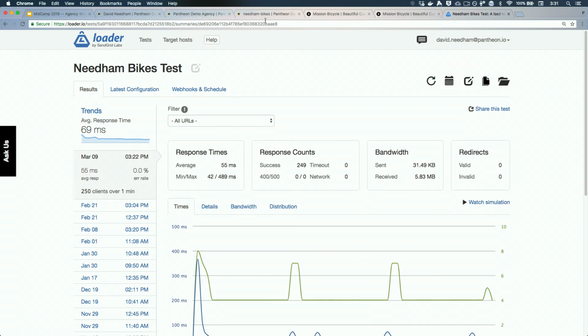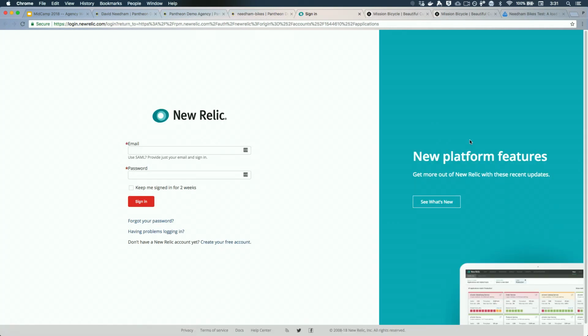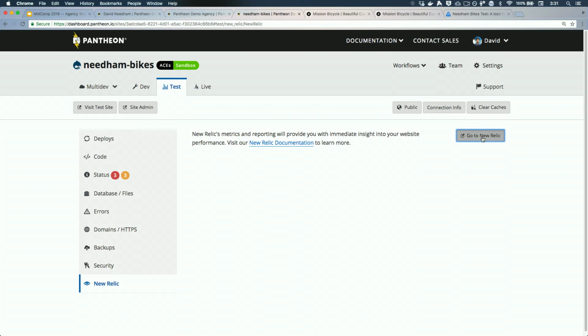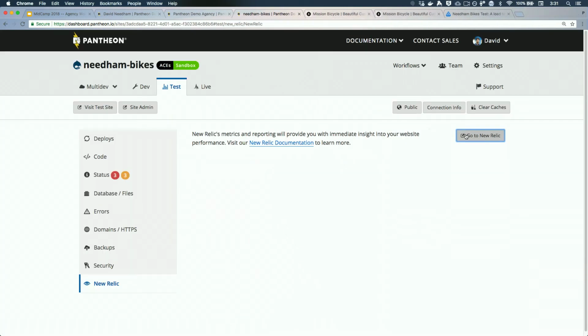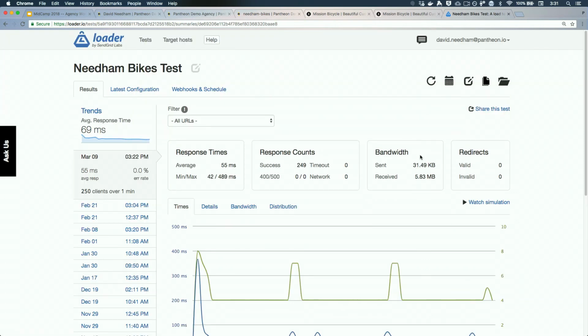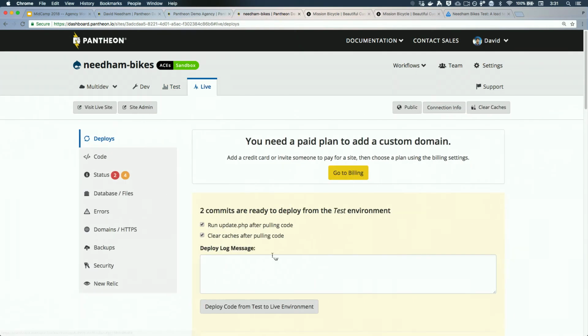But then also if we go into New Relic, there's currently a single sign-on bug that we have to work through, but the way it's supposed to work is you click on this Go to New Relic button. It takes you into New Relic, and then you can actually see all the environments that you've set up. So based on this load test, I should be able to see performance data specifically for that environment, and then see how it works. Assuming everything passed, which I think it did,